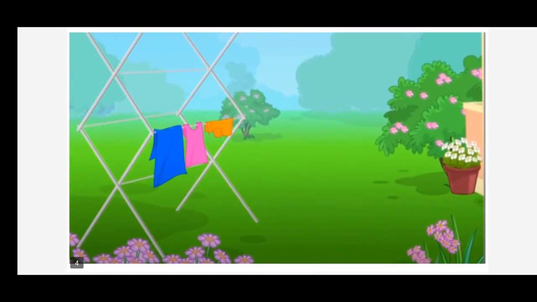Now let us take another, most important element of weather, that is moisture, children. During rainy days, clothes take longer to dry and sweat from our bodies does not evaporate easily, making us feel very uncomfortable. Why do you think it is so, children? Yes. During rainy days, the moisture content in the atmosphere is very high and unable to hold some more moisture from the wet clothes or from our body.